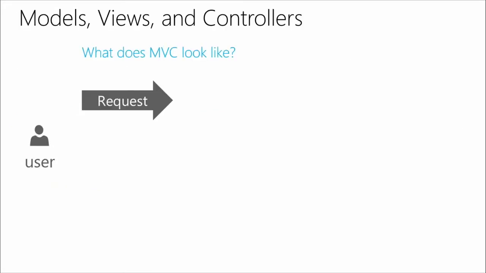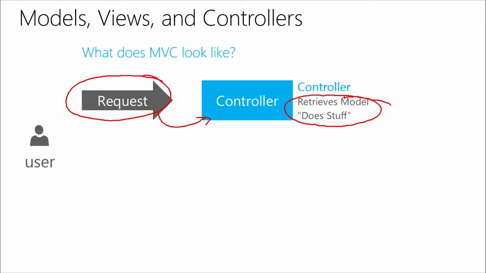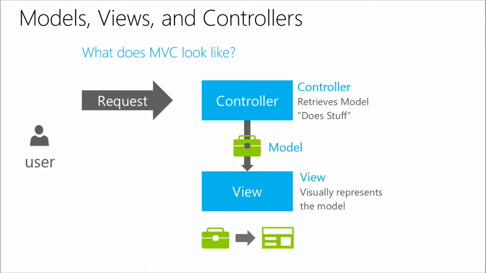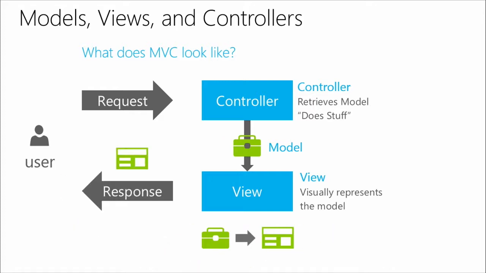So a traditional MVC environment, and you've probably seen me walk through this slide before, is going to look a little bit like this: we're going to get a request that'll come in, it'll hit our controller, which is going to load up the model and do stuff. So there's our neat little model right there. It's going to take that model, combine that with the view, which we see down at the very bottom, and then send that back out to the user.